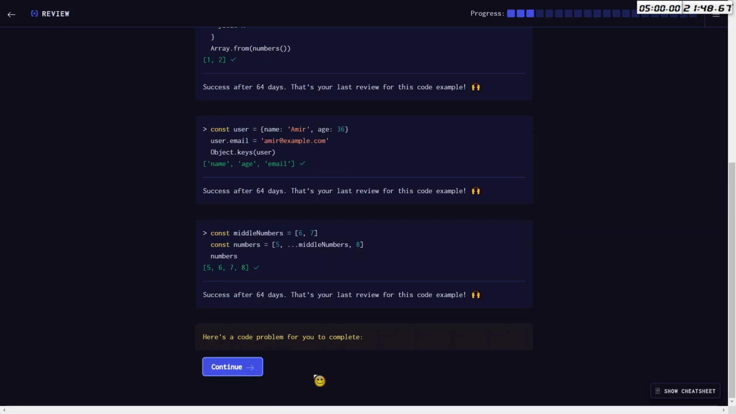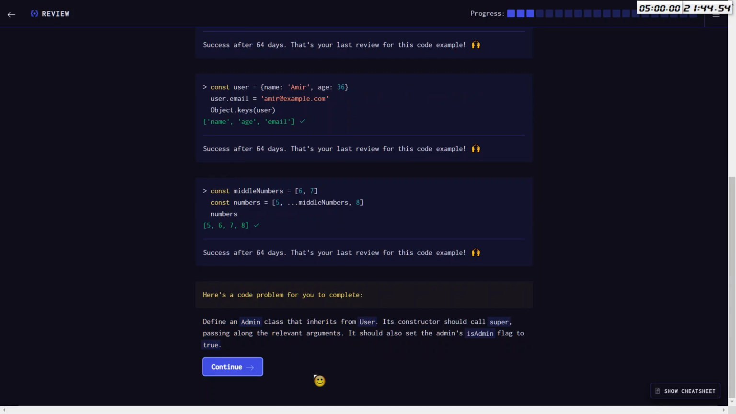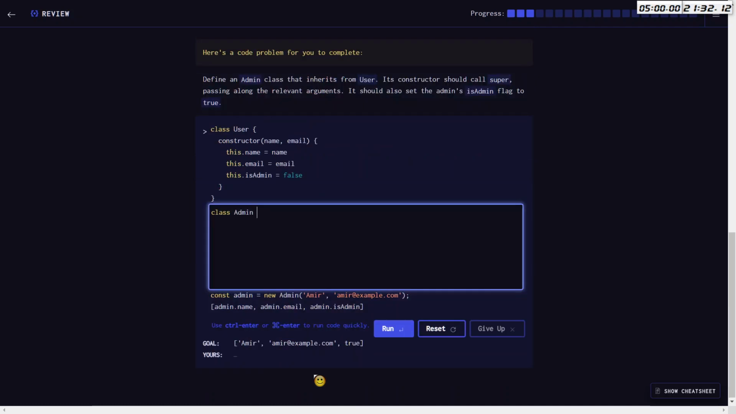Here's a code problem for you to complete. Define an Admin class that inherits from User. Its constructor should call super, passing along the relevant arguments. It should also set the isAdmin flag to true. So we have a user, so it should say extends, I think, User. And then in the